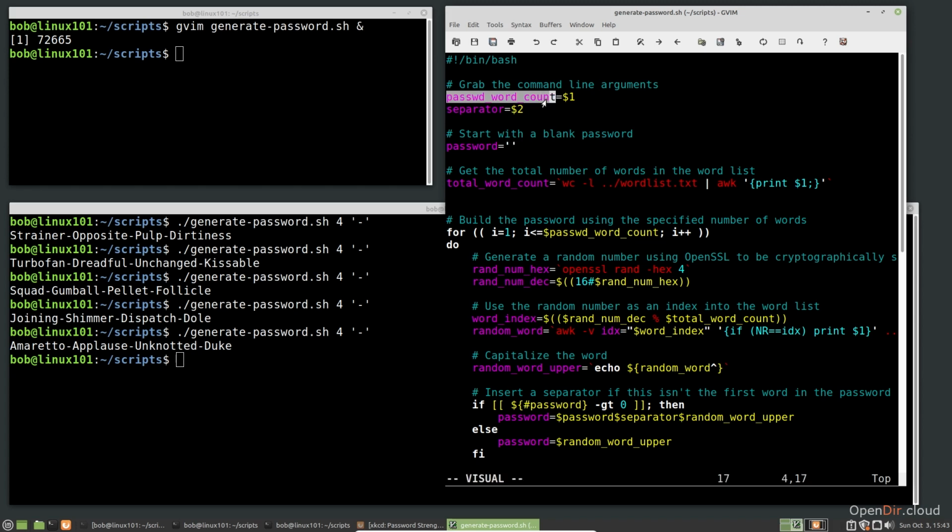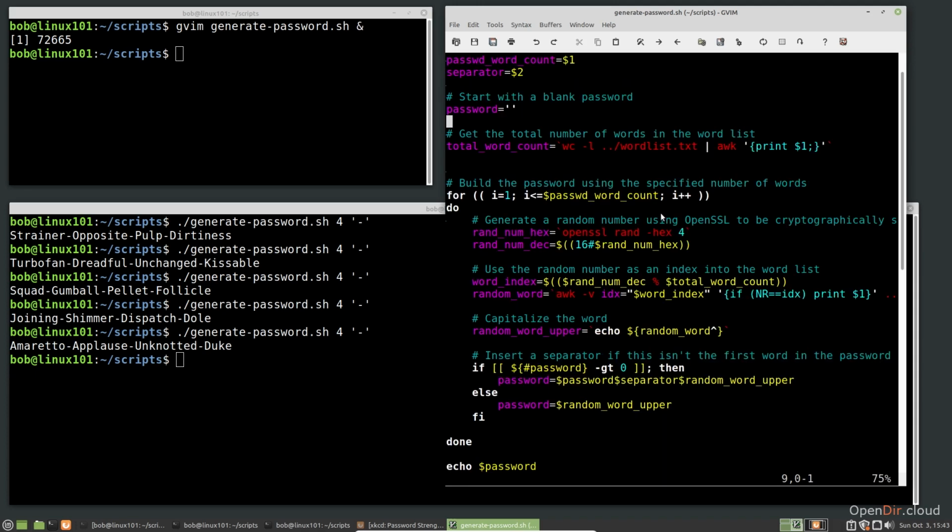The first command line argument is the number of words used to build the password. The second command line argument is the separator to use between the words. We start with a blank password, so the variable exists outside of the for loop. This is because all variables are local to the code block in which they're created. Next, we use the word count utility wc to get the total number of lines in our word list. Since the command wc -l